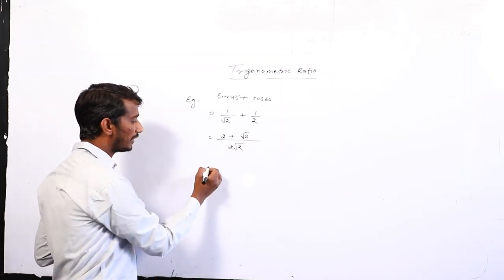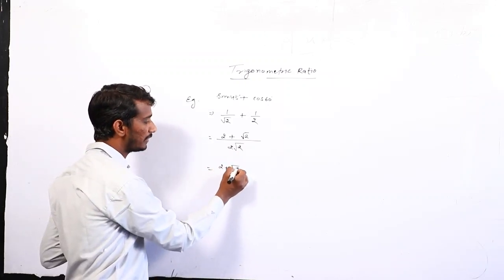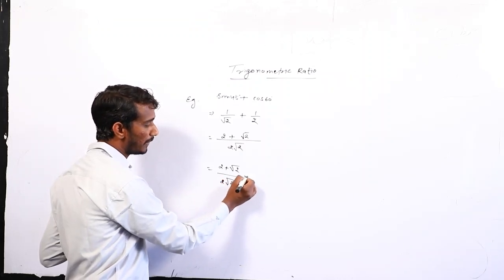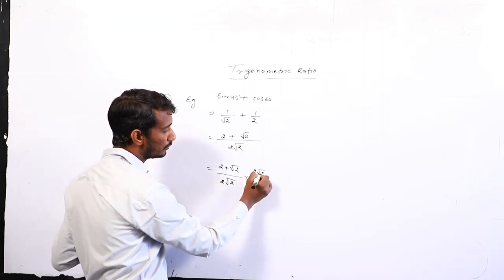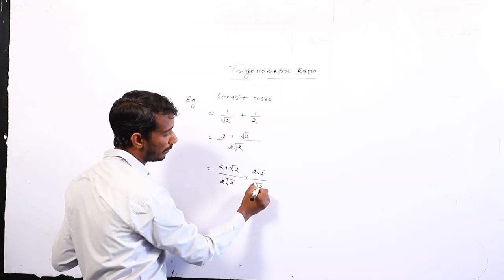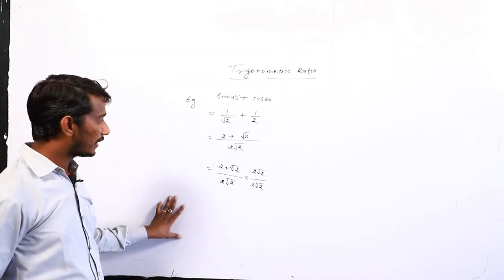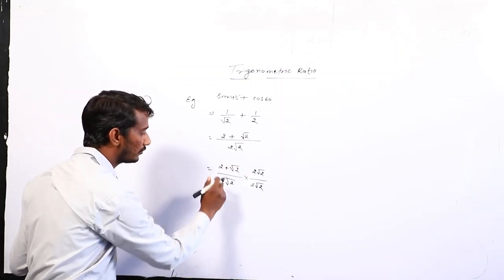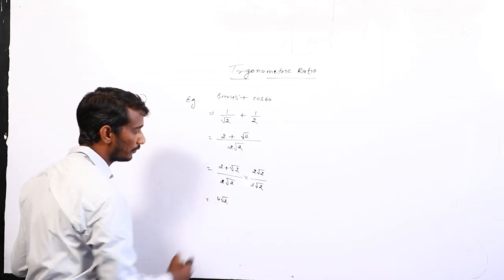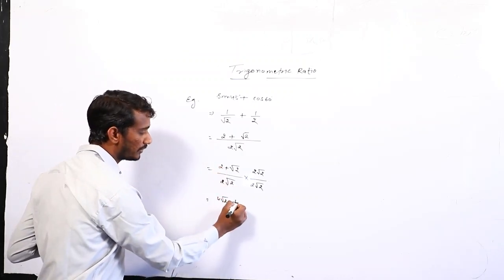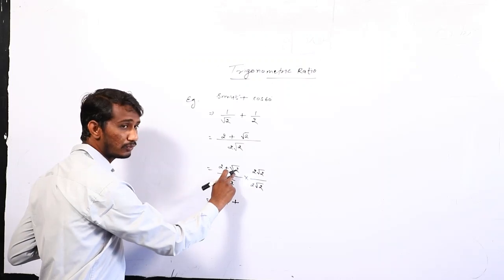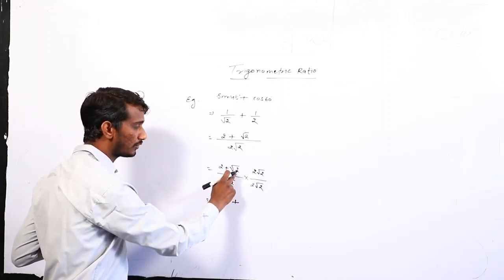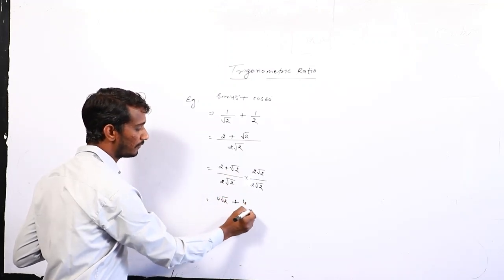So we multiply 2 plus root 2 upon 2 root 2 by 2 root 2 upon 2 root 2, up and down. Okay, so what do we get? Now start the product. 2 root 2 into 2 gives 4 root 2. Now take the sign positive: 2 root 2 into root 2. The product of root 2 and root 2 is 2, and 2 into 2 is 4.